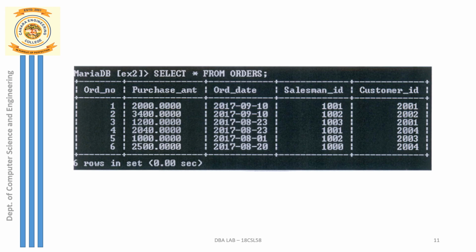Have a look at this orders table. I have 6 entries. You can see I have 2 entries for the same day, 10th September. On 10th September I have 2 orders, order ID 1 and 2, and the next 2 entries are on 23rd August. Again you can compare the purchase amount also, right? This was asked in one of the queries. So such entries you need to make into your orders table.